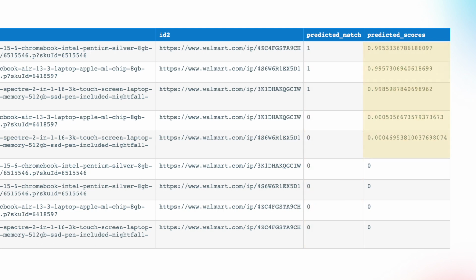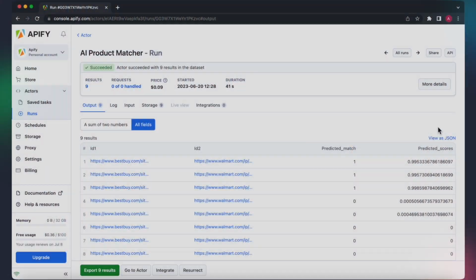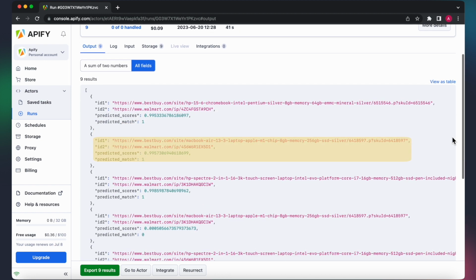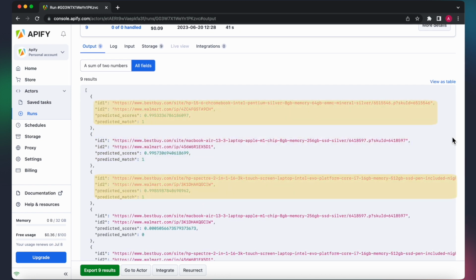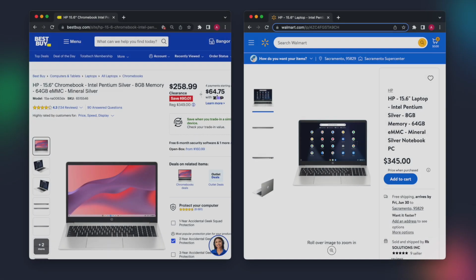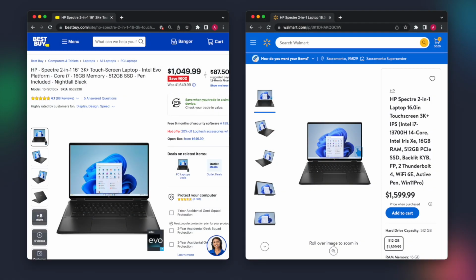All the decimals in between indicate how confident the matcher is that the 2 products are the same, with 0.9 meaning it's almost sure that they are the same, and 0.1 meaning it's almost sure they are different. Keep in mind that these scores are just the matcher's opinion and sometimes might not reflect reality. In our case, we seem to have 3 product matches, a MacBook and 2 HP laptops. We found the same MacBook and same HPs across both stores, with scores around 0.99, meaning the matcher is very sure about it. Let's check the URLs. Yes, the products are the same.